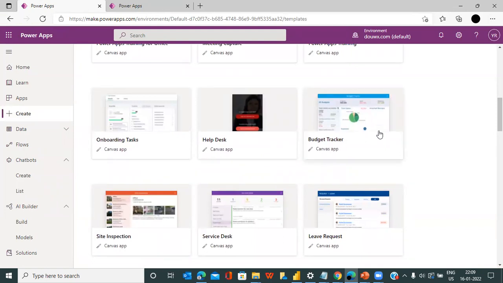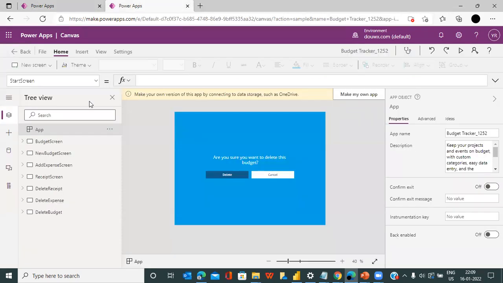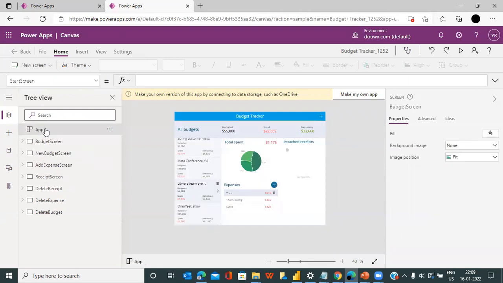So let's build a new app, a budget tracker, to track whatever money I'm spending on a daily basis. Let's build this as a personal app, though we can even build this for our organization. Just so everyone understands what this budget tracker is, we'll take this as a demo. Let's click on this budget tracker, and once we click on it, we'll get to this screen where we have this app. Now if I run this app,